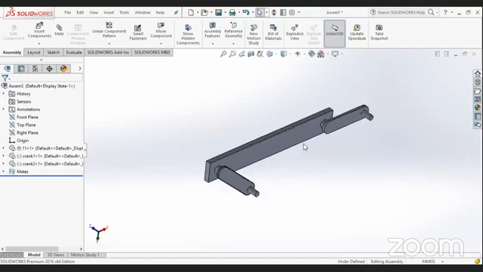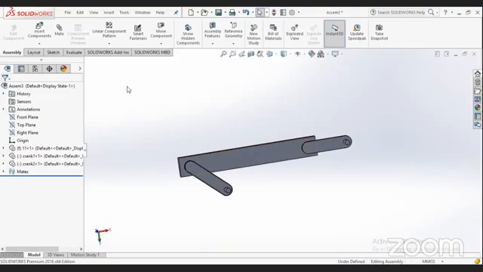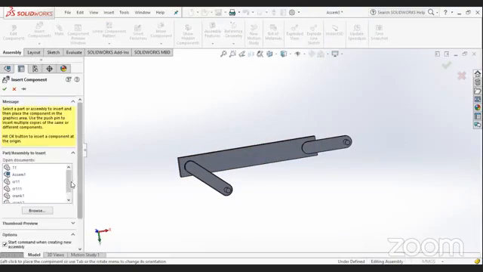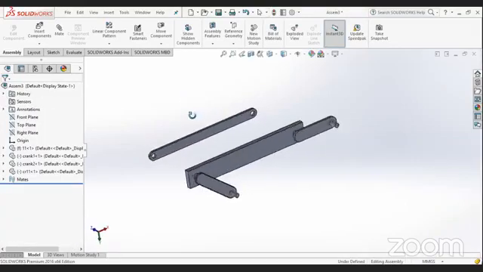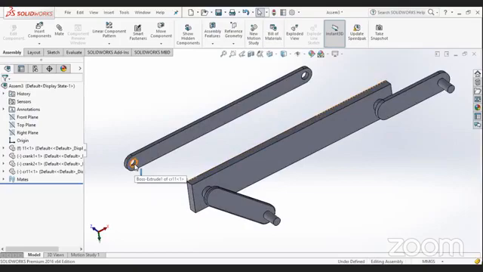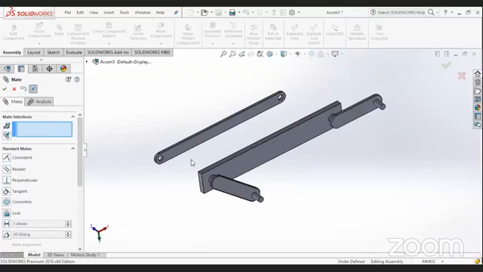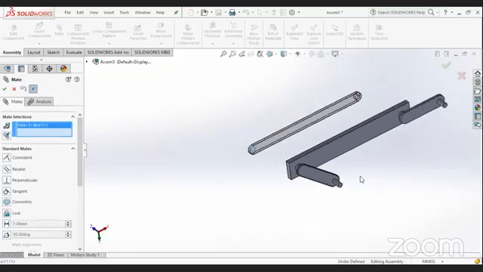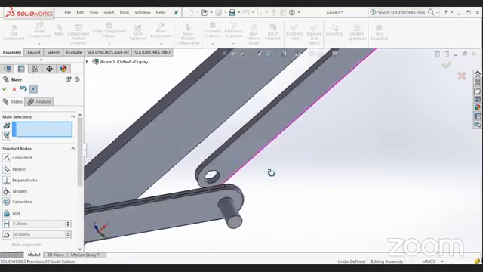Fine. So the next step is to apply the connecting rod. Go to the insert option and select the connecting rod. So this one is the connecting rod. Now again, this is the hole profile and this is the shaft profile. You have to use the geometrical constraints under the name mates in SolidWorks. Just click on mates, select the two surfaces, this inside surface and this other surface. You can see the geometrical constraint has been established.